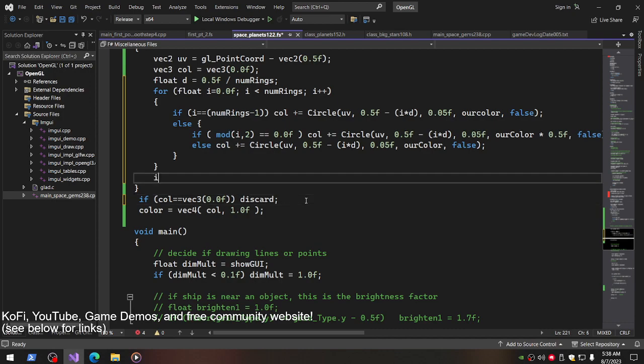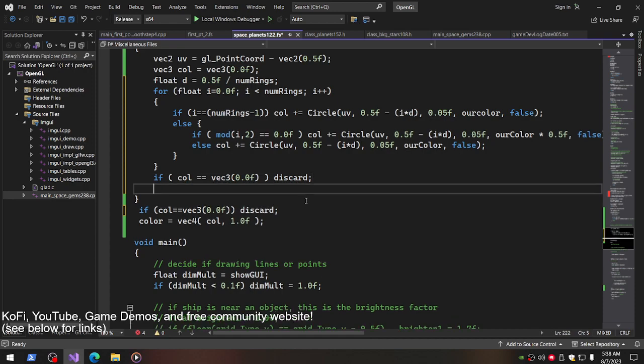So then right here, if color equals vector 3, 0, then we just discard. Oops. Otherwise, color equals vector 4, color, comma 1. But in this case, what we're going to do is return the vector